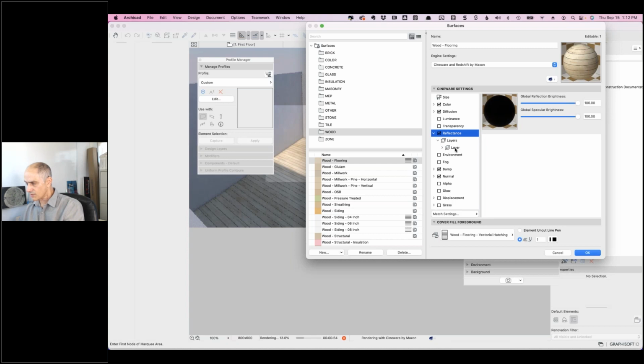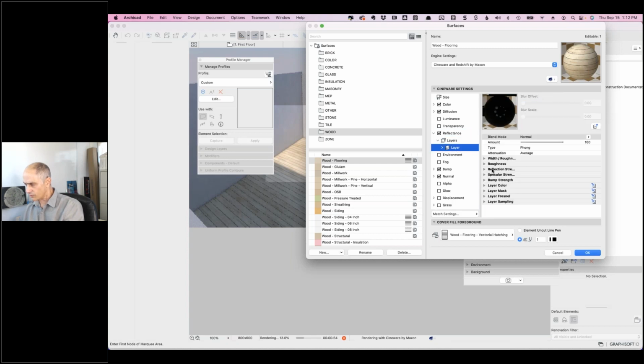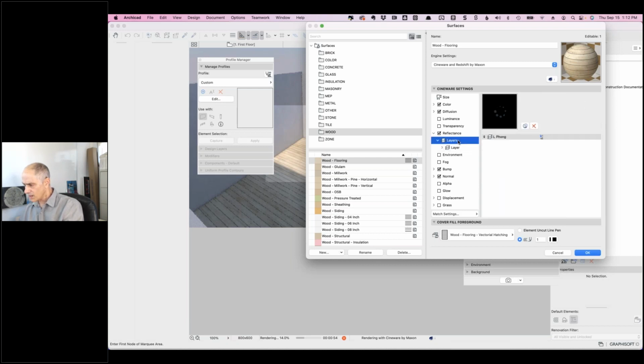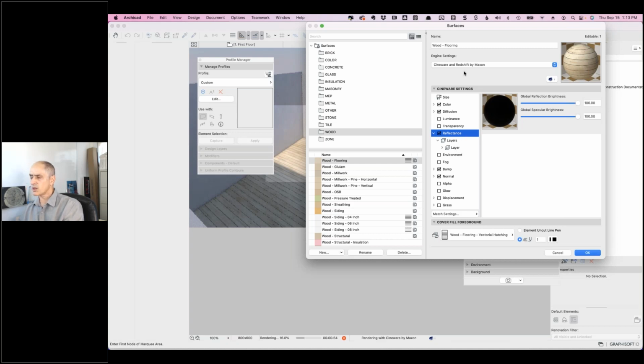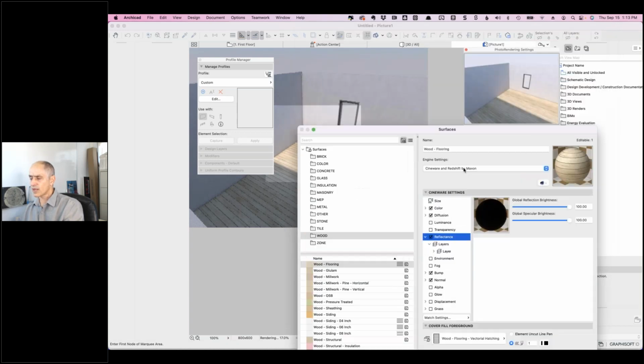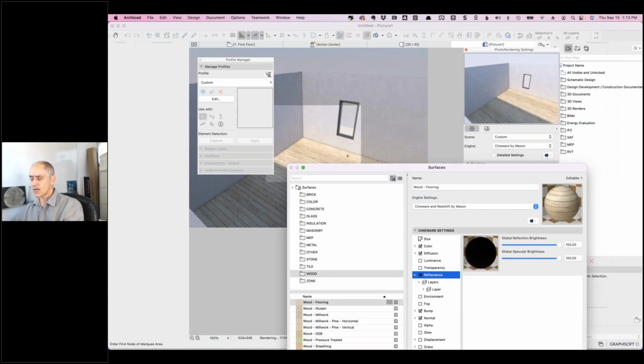See, layers, I haven't really done this, but here there's reflection strength, texture, image, colored. Yeah, I haven't looked at this for a long time. One thing I'll just point out is this is tedious to work out. It's a little bit confusing, but this is where you would get a reflective scene, using the built-in rendering,